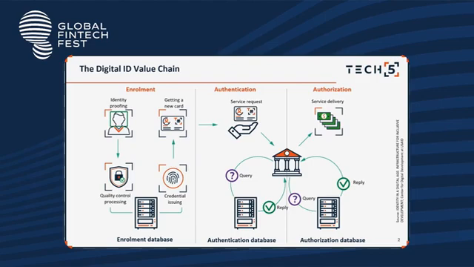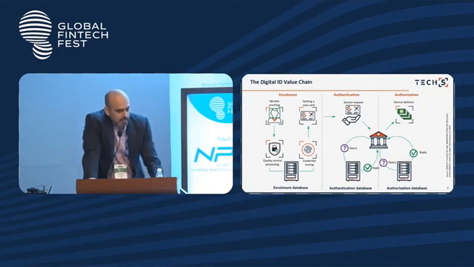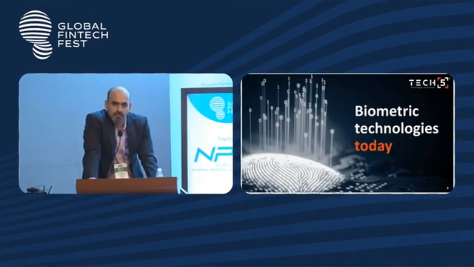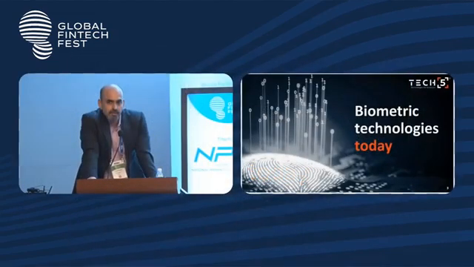Now, having said that, you could actually apply it to even biometrics, and we will see that in the coming slides. But really, what's happening today in biometrics? There is a lot of innovation that has happened. While biometrics as a technology has been present for a very long time, it was practically introduced by the FBI from a forensic perspective, and then slowly it has come into mainstream civil identity and moved into commercial use.